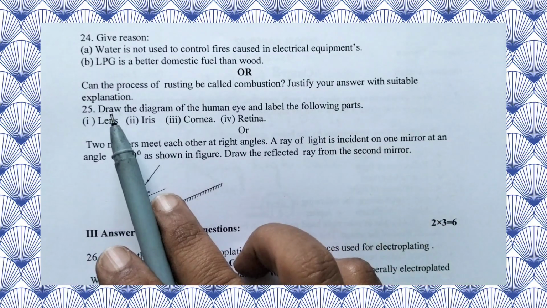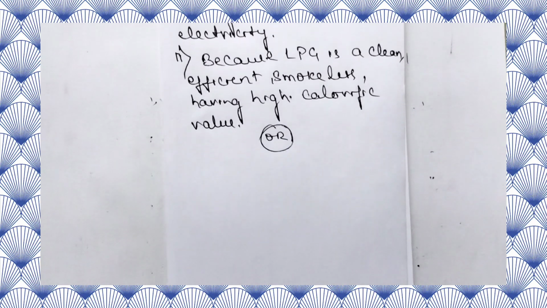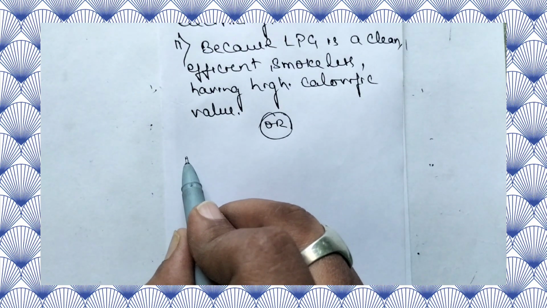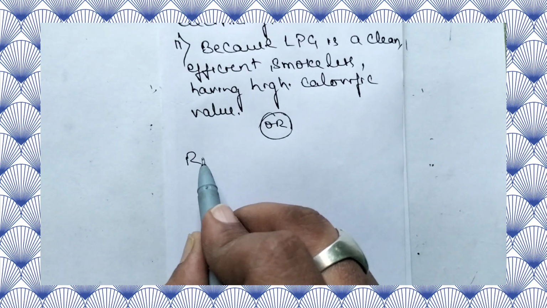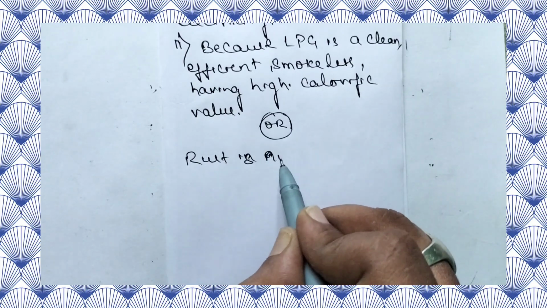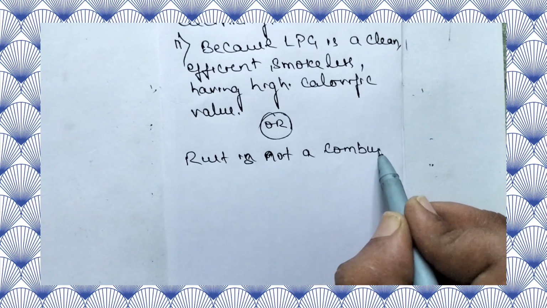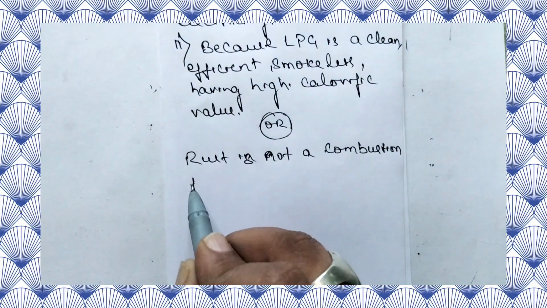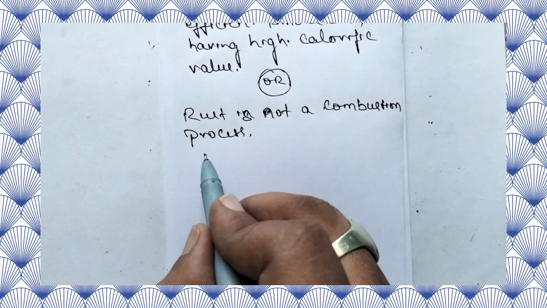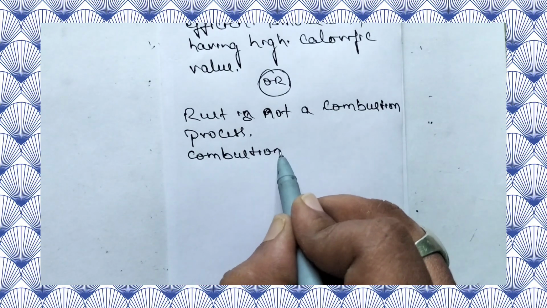Justify your answer with suitable explanation. Rusting is not a combustion process. First let us come to combustion. Combustion is a rapid